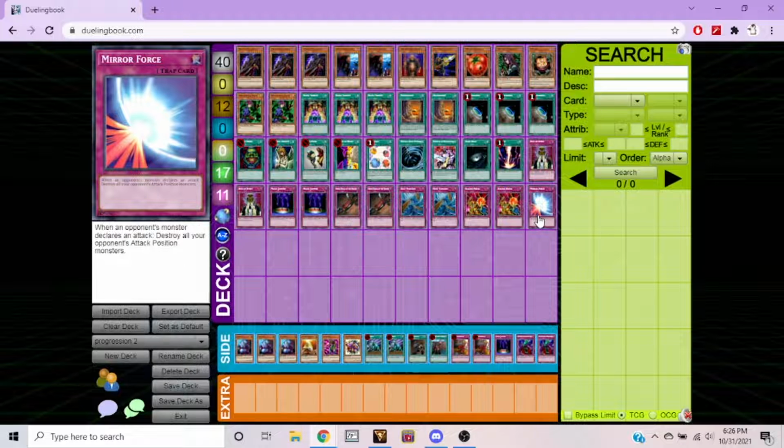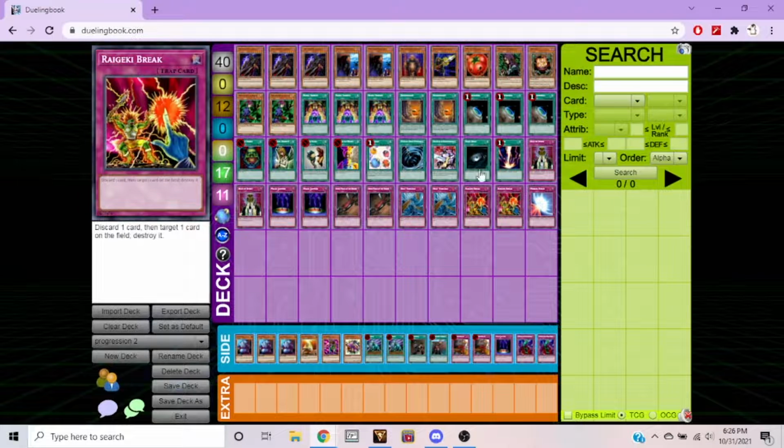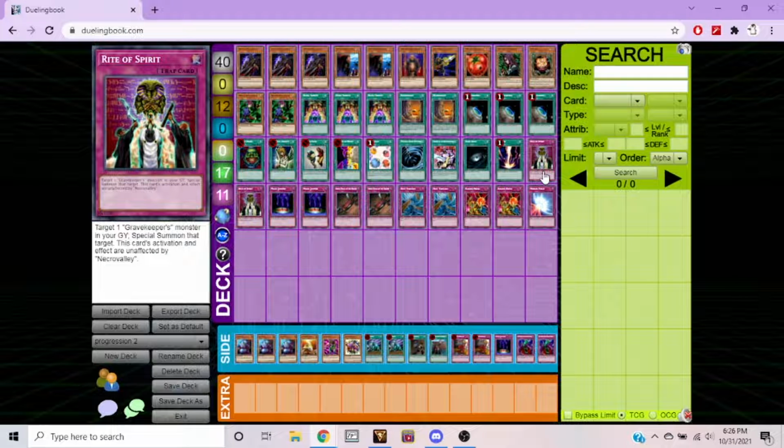especially when you've got Raigeki Break and Mirror Force and all these other really good removal cards down in this little corner over here. Recursion with Rite of Spirit. I'm not playing Monster Reborn. I'm really hoping what ends up happening is he draws into Monster Reborn and Premature Burial, and I have Necro Valley on the field, and they're just dead cards. He doesn't really have too much more graveyard manipulation, so Necro Valley's not the greatest thing, but at worst, it just means